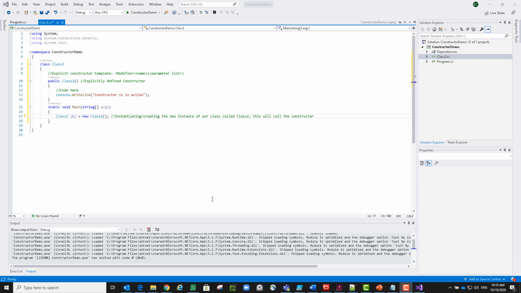Let's define Console.ReadLine, open close parenthesis, to read the next line of characters from the input stream. So, whenever we create an instance of a class, there will be a call to the constructor. If we want to run the Class2 program,